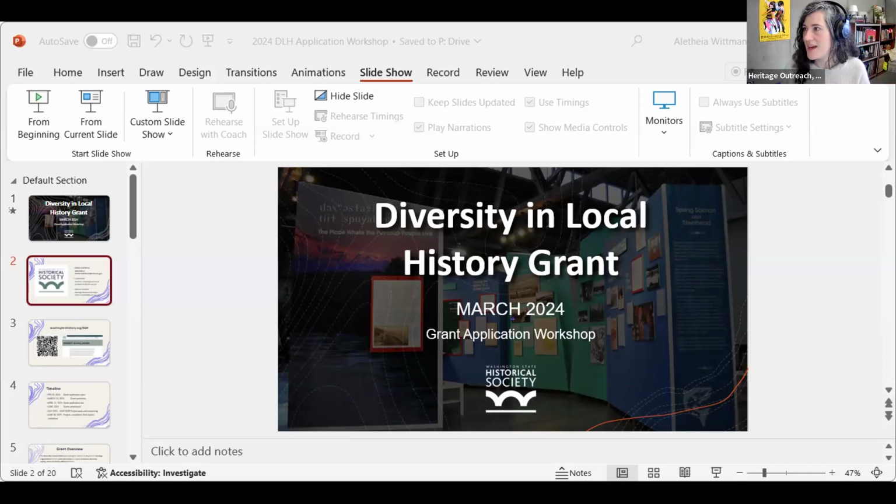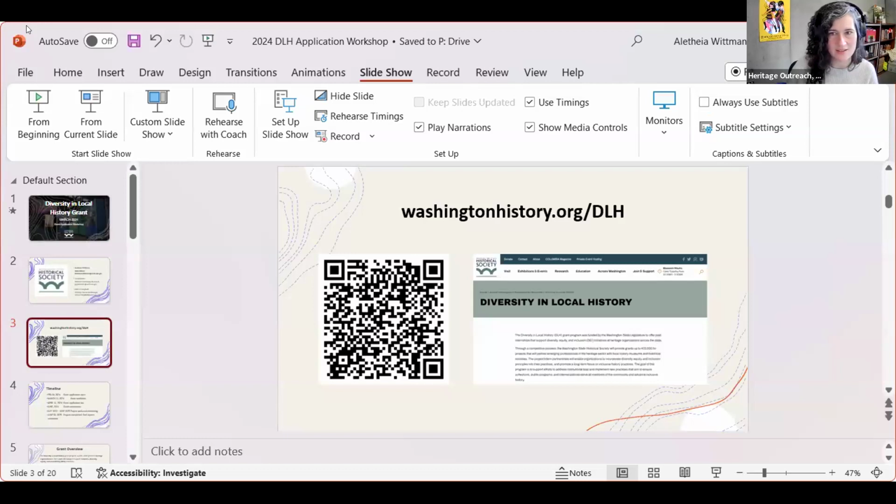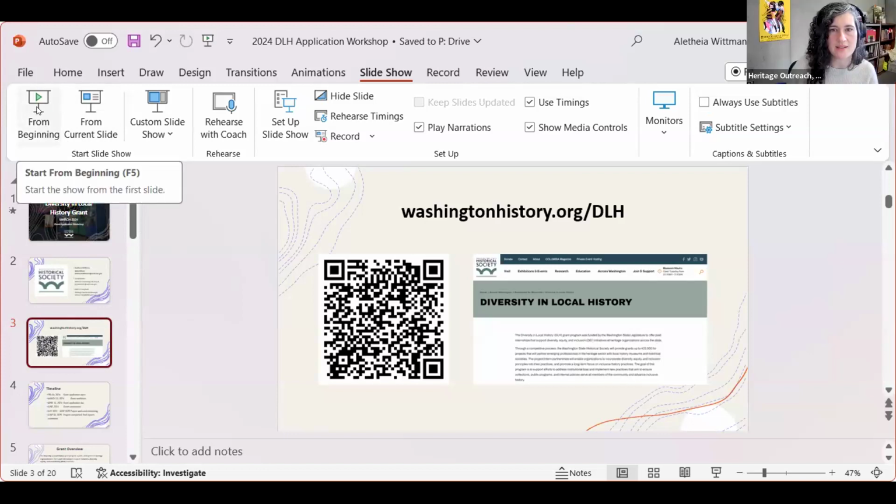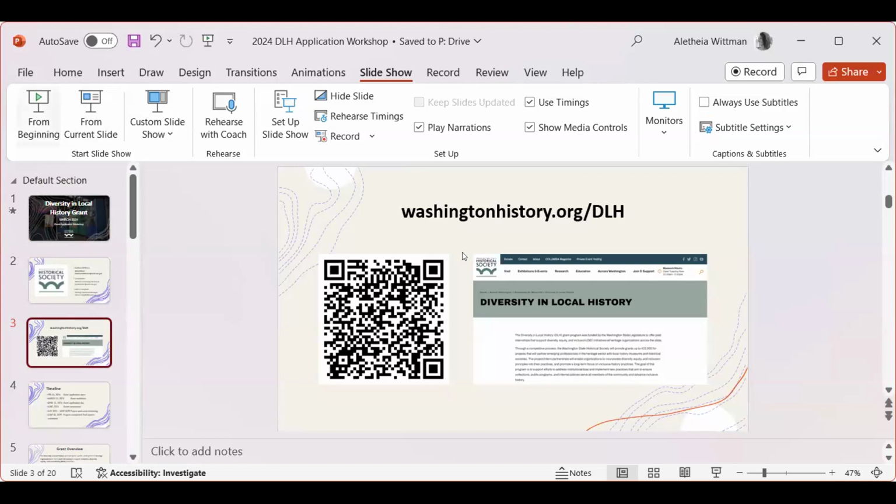Oh, you're not seeing the slides. Can you see the slides now by any chance? You're seeing slide 3, and then when I press present, it looks like you're still seeing it in edit mode. Is that true? Correct. Let's open it up again.